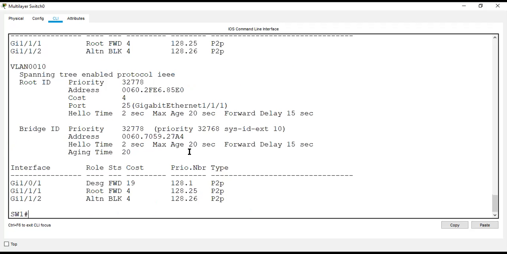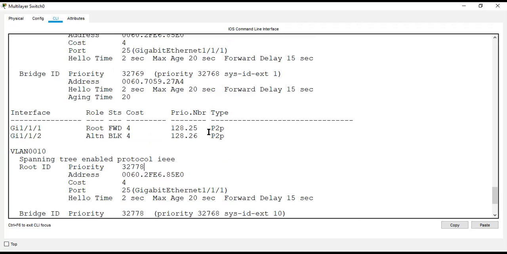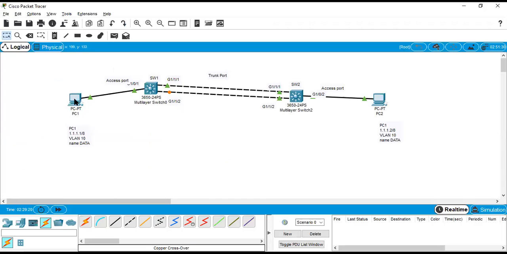But for us, it's not a matter. We will be configuring EtherChannel, by the way. So when you send something from this system, let's say I'm going to ping from the PC. We have two physical ports, and let's see how it will move.